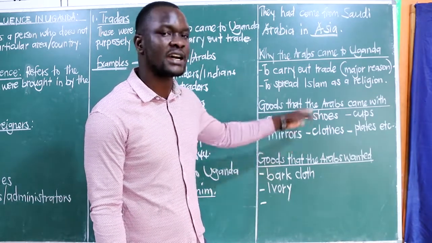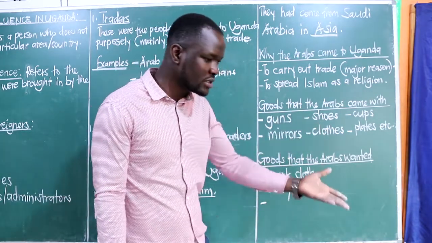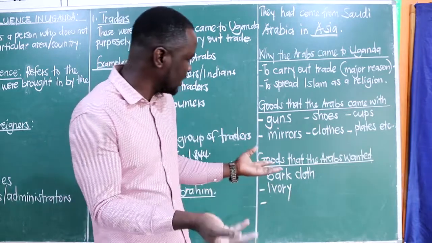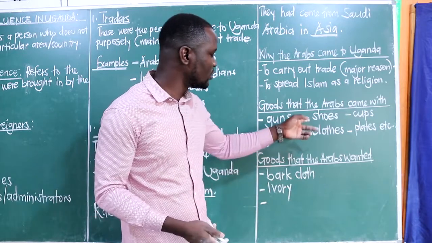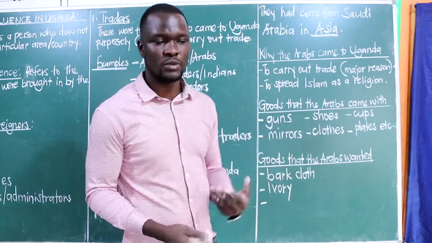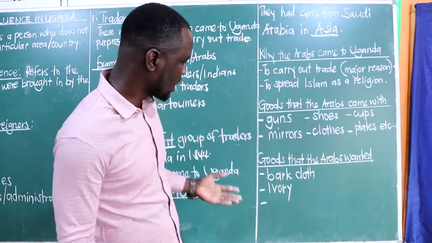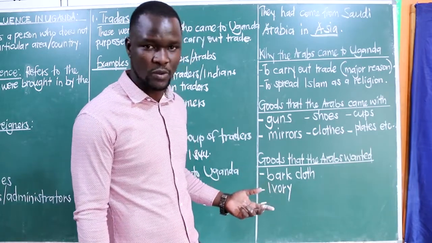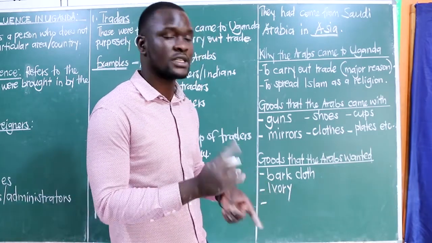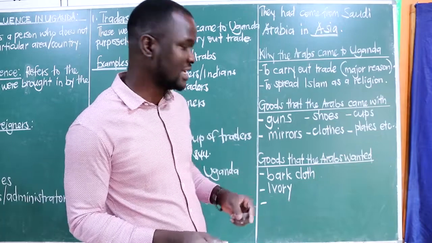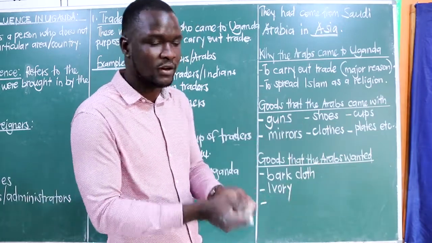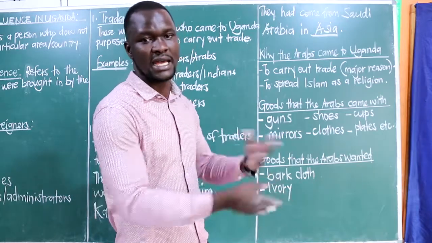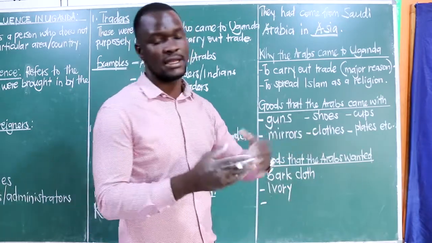If one wanted shoes, someone moving barefoot, who does not have shoes on his feet, would be like, I also want to at least wear shoes. So how do I get the shoes? What do the Arabs want? They want ivory. So someone runs with a spear, with everything, to the game park, he kills the elephant, he gets the ivory and runs to the Arabs, and he will exchange, and he gets the shoes.